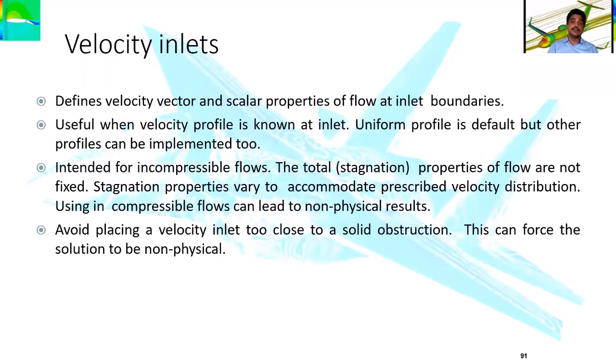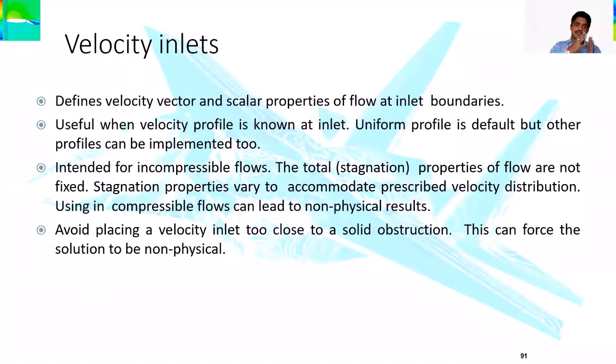At the same time, we should be very particular about why we consider it as a vector and scalar. As far as the flow is concerned, the continuum talks only about the scalar properties, and the momentum talks about the directions, how the fluid behaves in each direction, right? When it is incompressible flow, the total stagnation properties may be defined for the flow conditions, and when it is compressible flow, again we have to adopt how the velocity will vary internally, right? And we should make sure that the inlet is always free to flow inside.